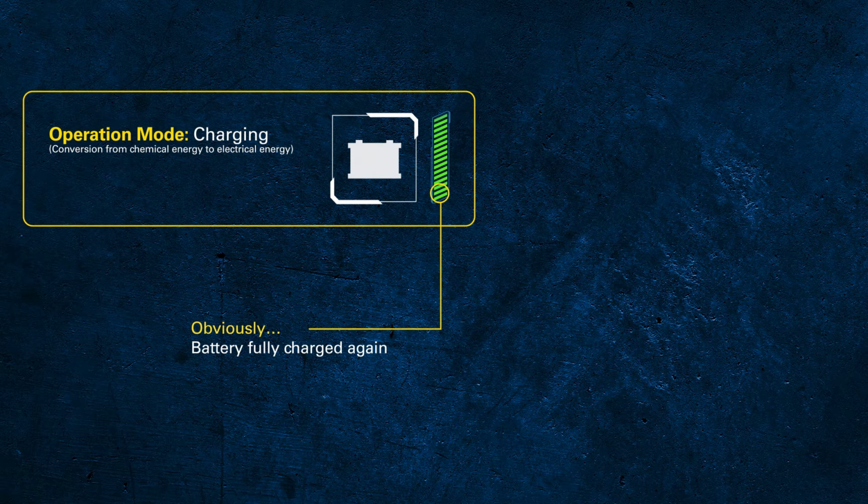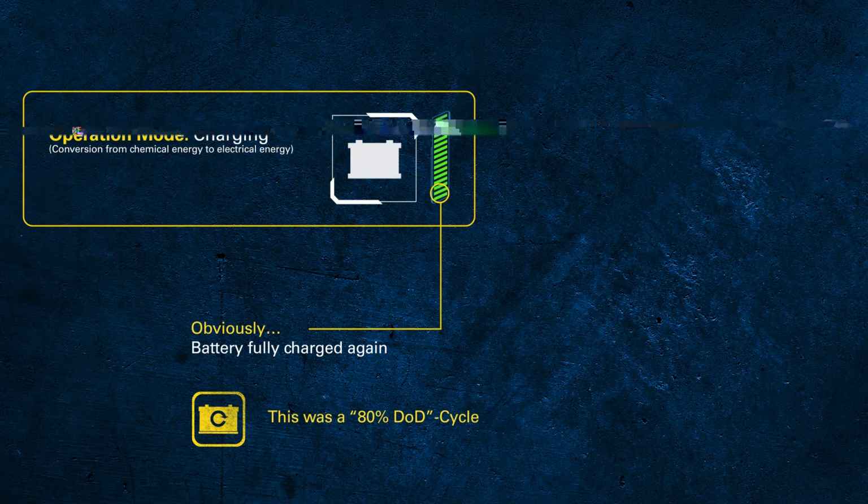During the subsequent training for start-stop or heavy commercial vehicles, you will hear the term DOD, or depth of discharge. In our example here, we discharge the battery down to 20% remaining capacity, which is equal to 80% depth of discharge. This extensive discharge and subsequent charging of the battery in this example represents an 80% depth of discharge cycle. You might recall that we already touched on cycling in the former module when we talked about cycle life tests